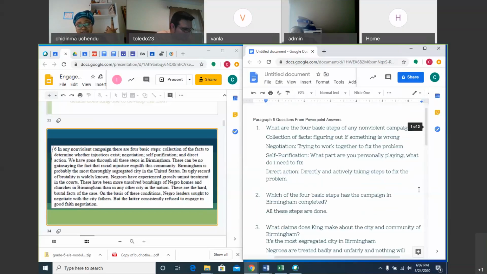And they had to sit down and say, hey, we weren't doing so great before. I wasn't doing so great. I have to take this seriously, right? In order for them to move forward, in order for them to act, okay? These are the things that happen in peaceful protests. So you were right. Self-purification is that time in which you look at yourself and see what part you are playing and what you need to fix personally. Okay, is that better?